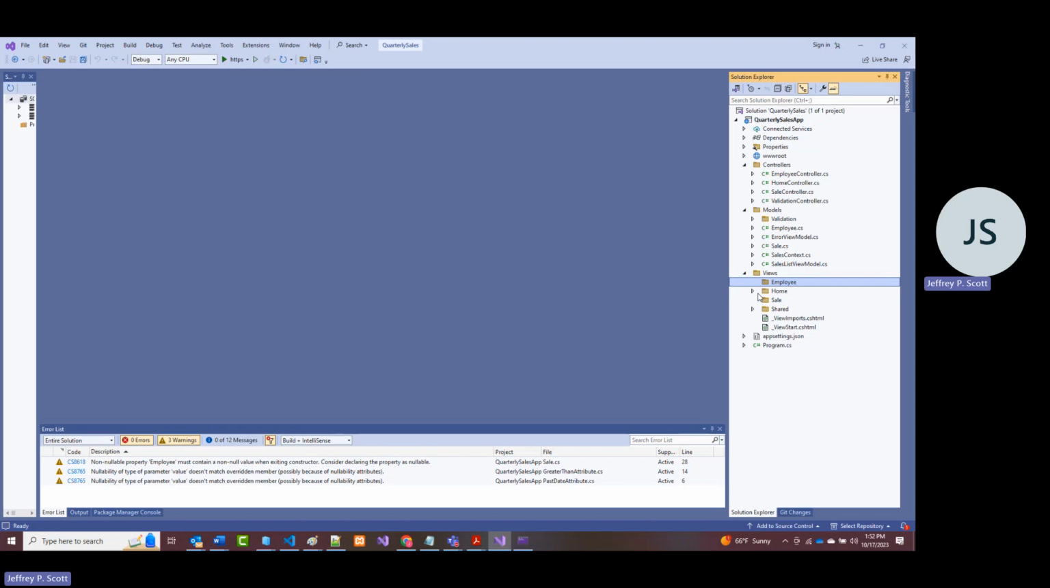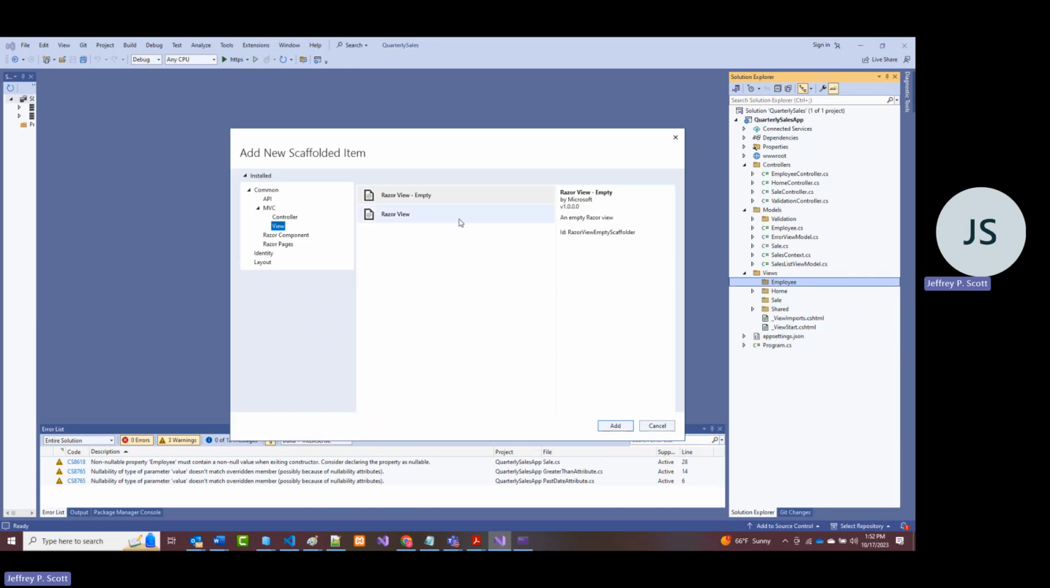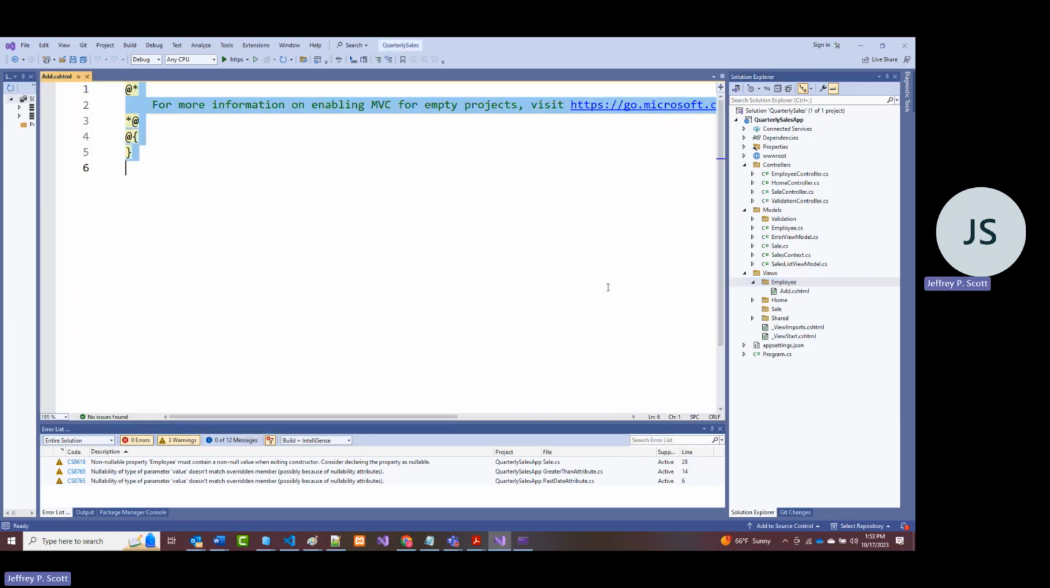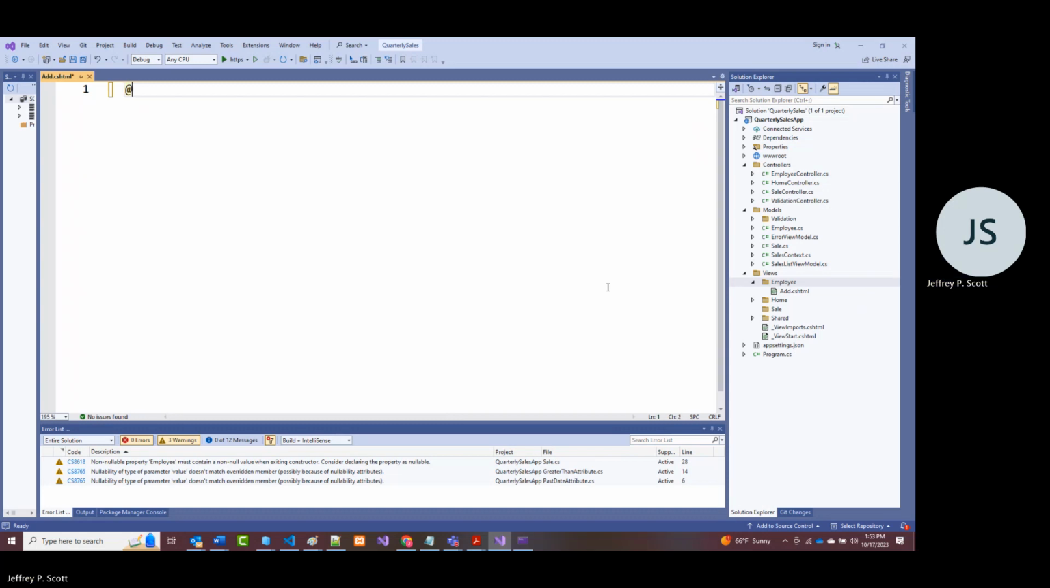Now, under employee, thank you so much, sir. So under employee, what we're going to put in here is our add.cshtml. So add a view, a form view empty, and it will be add.cshtml. All right. Again, we'll get rid of the garbage. At model, employee,